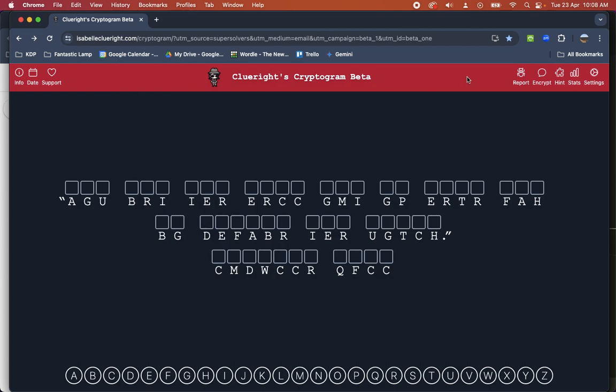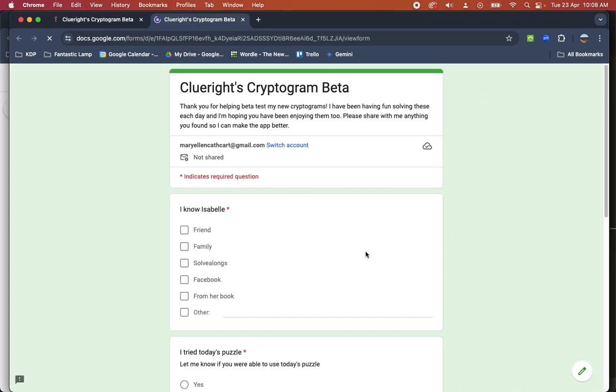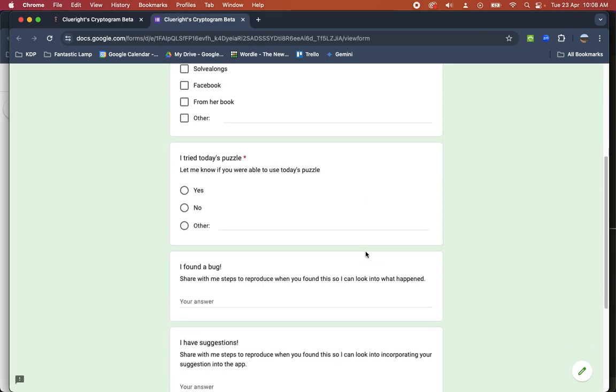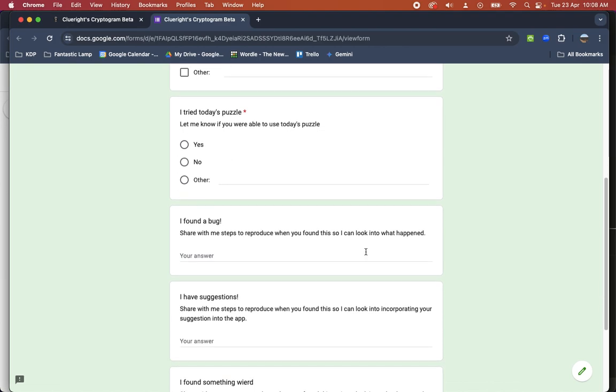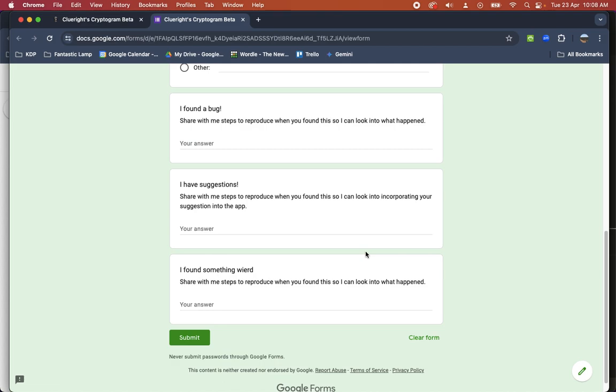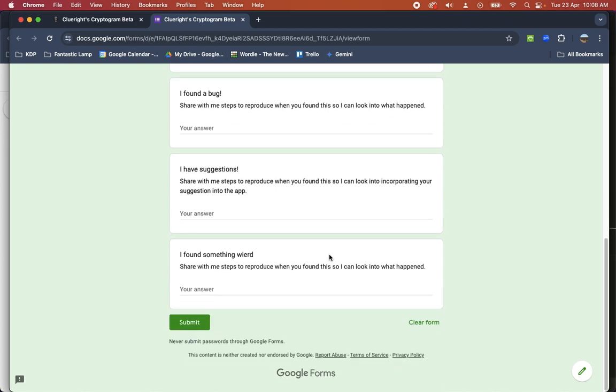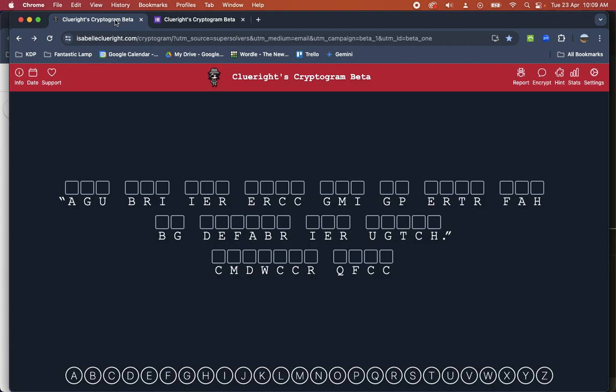Over here, if you are beta testing, this is a form that you can use to tell us information, if you tried today's puzzle, if you found a bug, if something wasn't working the way you expected, if you have suggestions, or something just strange, like it's not really a problem, but I don't know why it does this, let us know. So this is the beta testing form if you have feedback for us. Going back to the website,